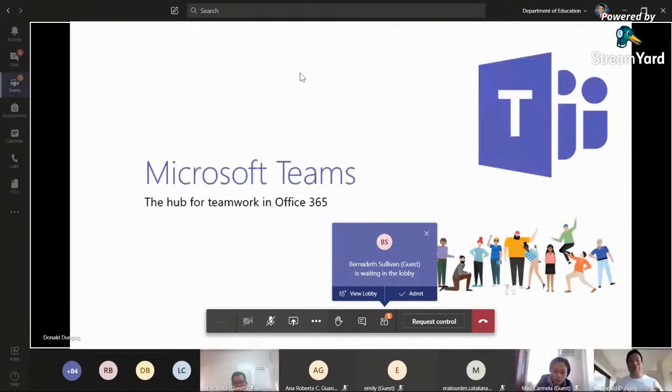Microsoft Teams is a hub for teamwork in Office 365. Think about doing a presentation where your team members are in different parts of the world and you want to collaborate and make a program design, maybe a proposal, something where you can put all your ideas together. You can have synchronous and asynchronous collaboration. Synchronous means face-to-face, real-time